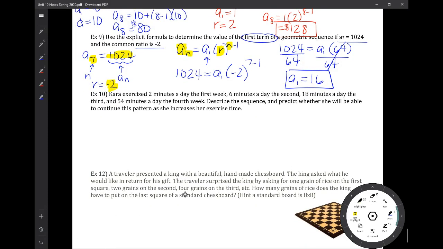All right, last example, and it's actually a pretty quick one. It says Kara exercised 2 minutes a day in the first week. So that sounds like her initial amount, or her A1. All right, so 2 minutes a day for the first week, 6 minutes a day for the second week, 18 minutes a day for the third week, 54 minutes a day for the fourth week, and so on. Describe the sequence. So the fact that this sequence seems to be multiplying by 3, I would say something like this is a geometric sequence,